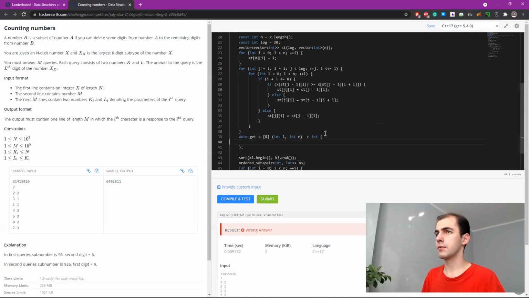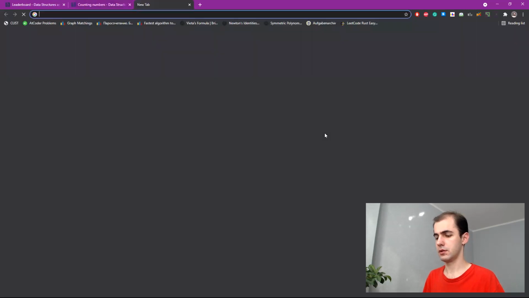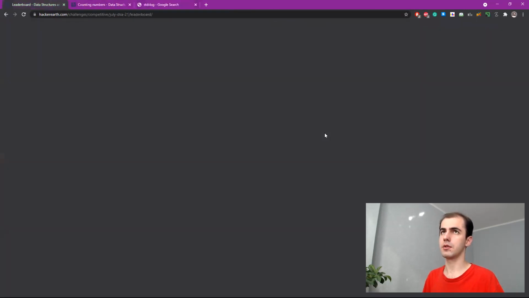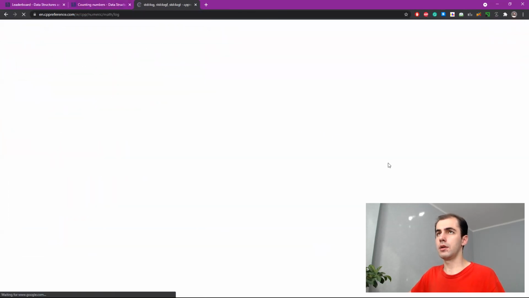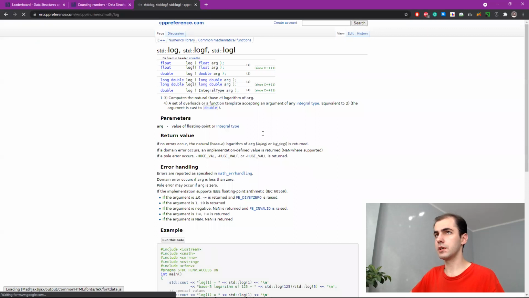We clearly want some get function for our sparse table to return something. So how do we do it? And j should be something like logarithm of r minus l plus 1. Hopefully that's there. Okay, I don't remember. I'm gonna be honest with you. Okay, so log computes natural logarithm.